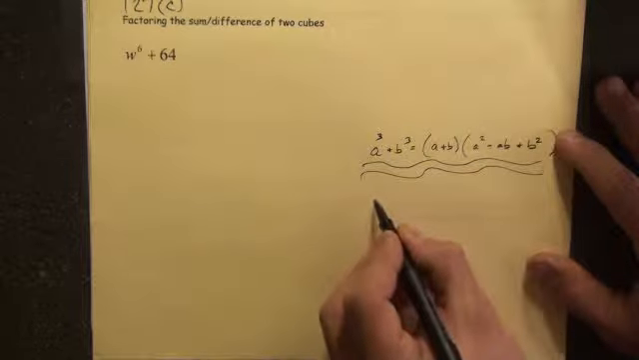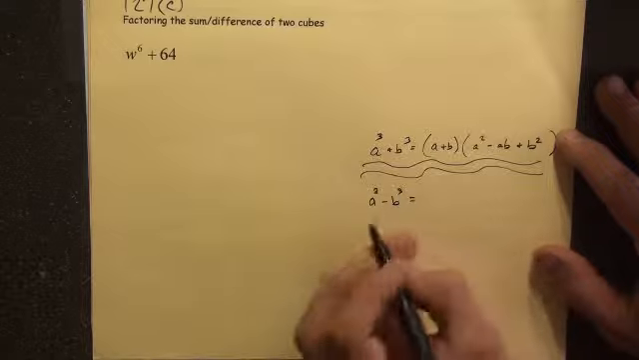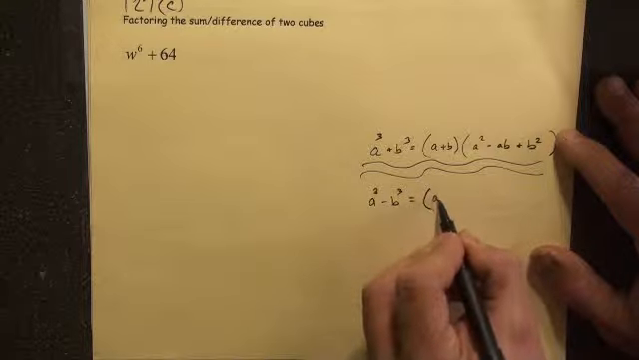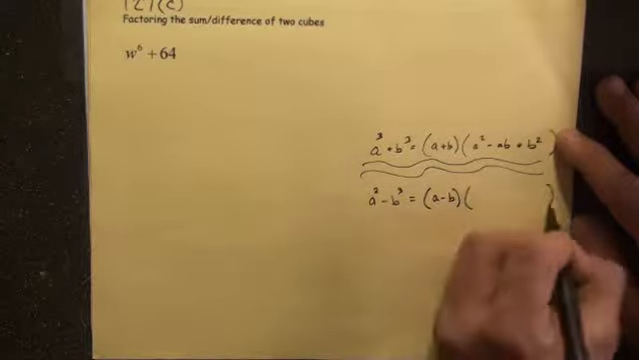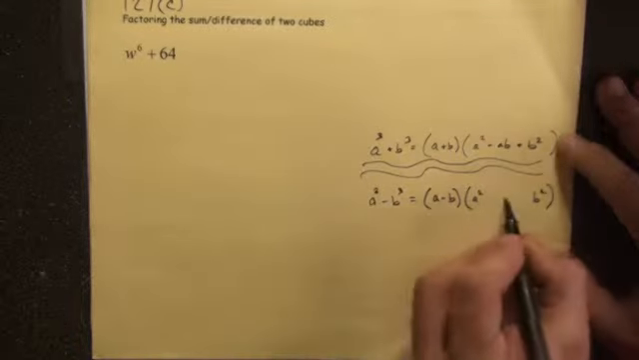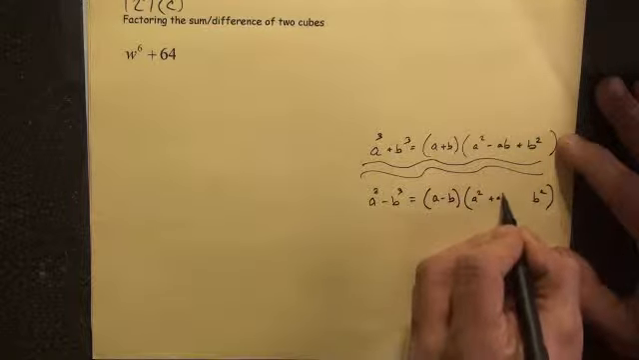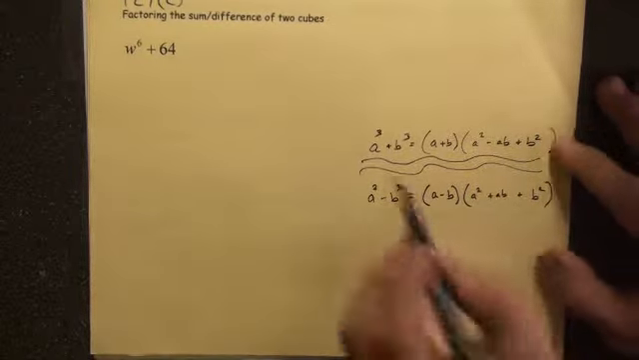Now, the subtraction one works very similarly. A cubed minus b cubed, guess what? It's a minus b to start off. Guess what you got here? A squared. Guess what you got here? B squared. The middle term's the only one that's different. Instead of being a minus, it's a plus. So what you have here,